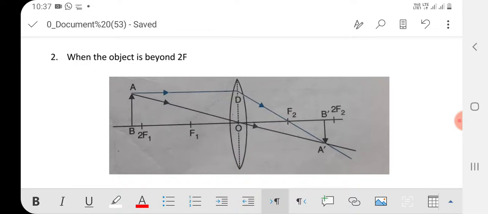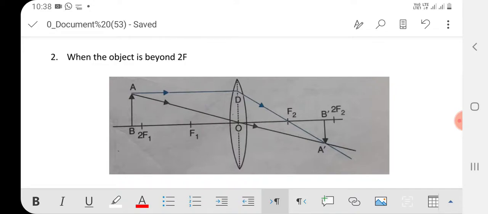Now we have to follow the rules for ray diagram construction. First ray is the ray of light that passes through the optic center, according to the first rule. So I have drawn, see in the diagram, the black color ray of light which is passing through the optic center and it will pass without bending. Then the second ray of light, a parallel ray of light which is passing through the convex lens, after refraction passes through focus. This is the second rule that we have to follow.